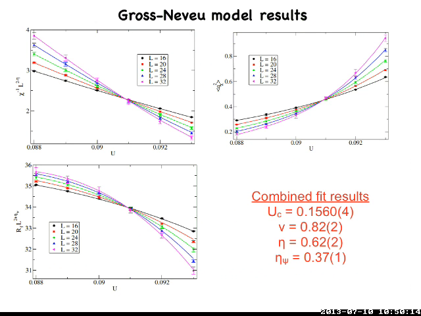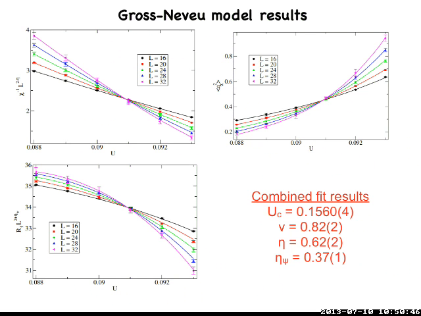So there was this other model which could not be solved earlier, which had the same lattice symmetries, but in the past people have studied it as Gross-Neveu models, and it was thought that they belong to a different universality class. In fact, I've talked to some of the experts, and before we did our calculation, they would all suspect that it actually belongs to this different universality class. But interestingly, of course the critical point is at a different point, but the critical exponents are all well within what we find.